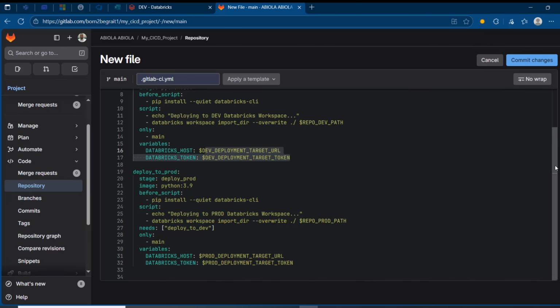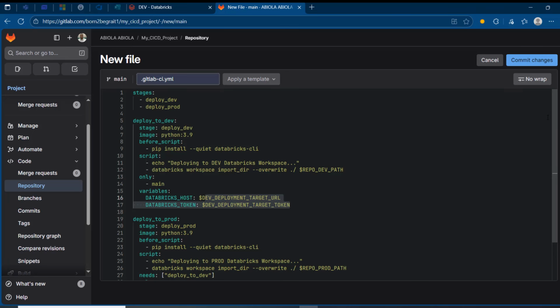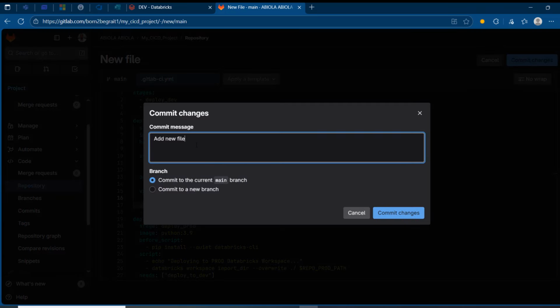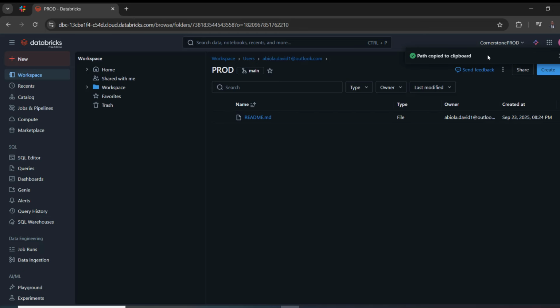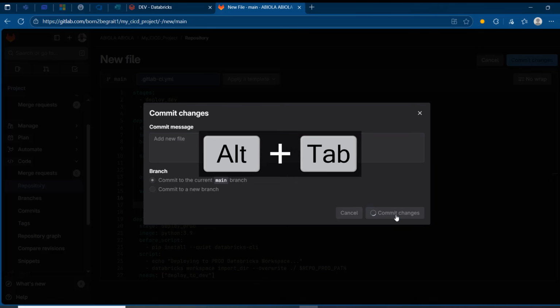So this is going to be the code, and I'm going to make this code available for you, and it's quite straightforward. So I'm going to click on commit changes, and I can add a commit message. This is going to be committed to the main branch because we want to make sure that all the code changes in the main branch are automatically promoted to the Cornerstone production Databricks workspace. So I'm going to click on commit changes,